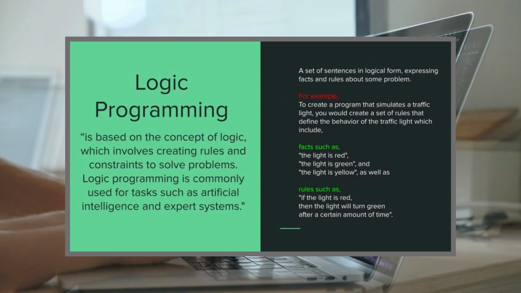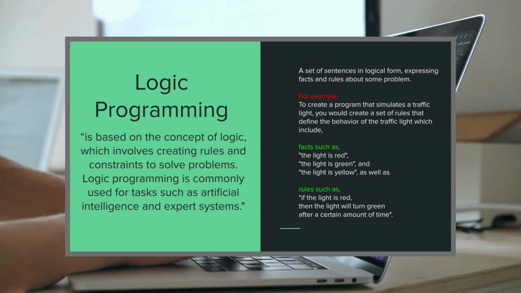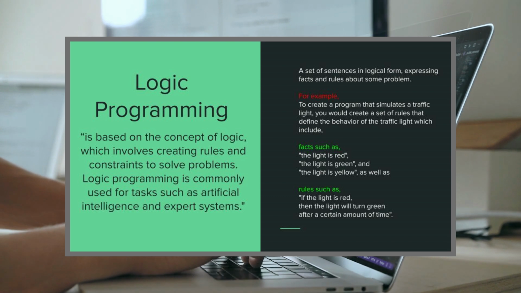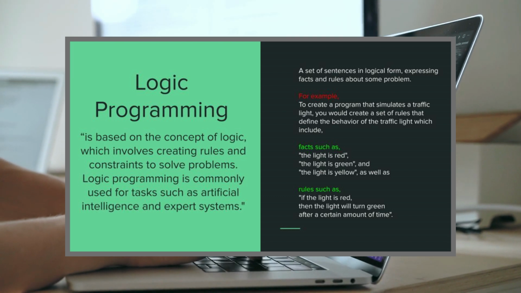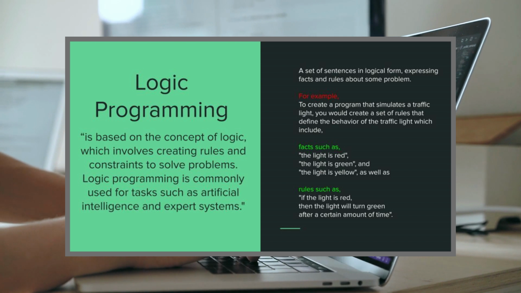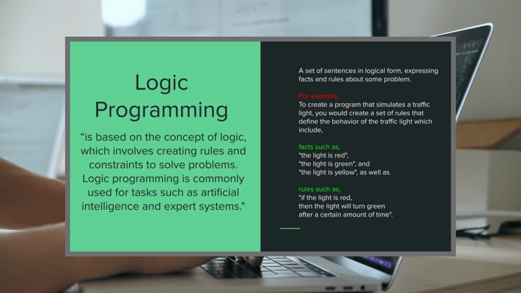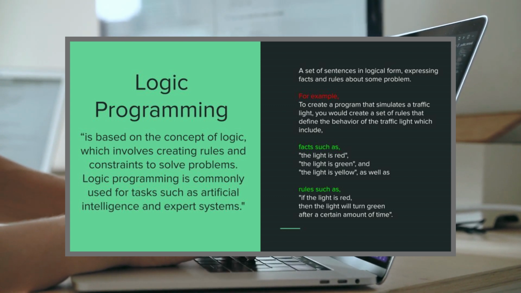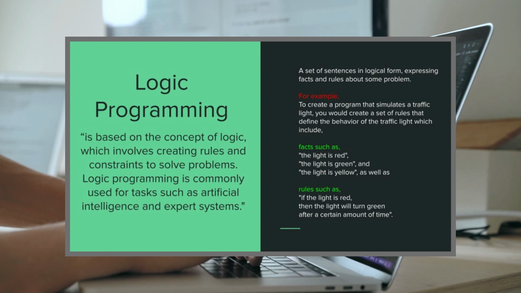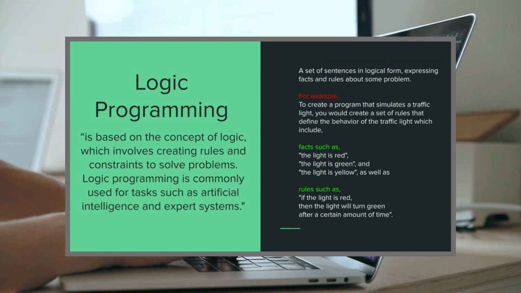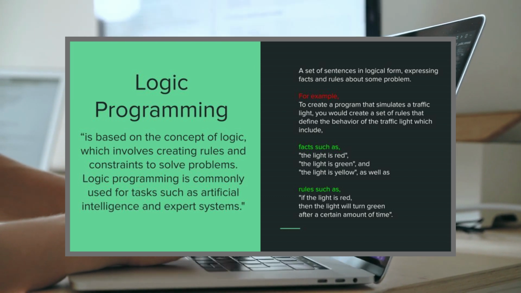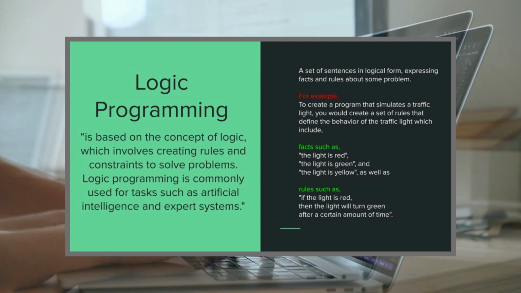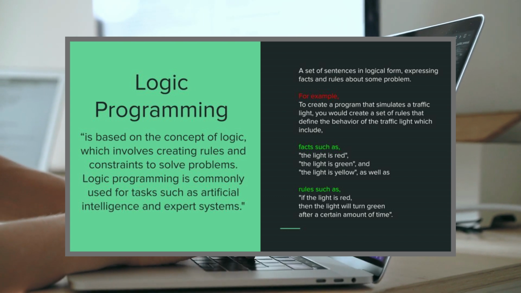Logic programming is a way of writing computer programs that uses logical rules and constraints to solve problems. In this approach, you write down a set of facts and rules that describe the problem you are trying to solve, and the computer uses these rules to figure out the answer. For example, if you wanted to write a program that simulates a traffic light, you might start by writing down some basic facts about traffic lights, such as traffic lights can be red, green, or yellow. Then, you might write some rules that describe how the traffic light changes from one color to another, such as